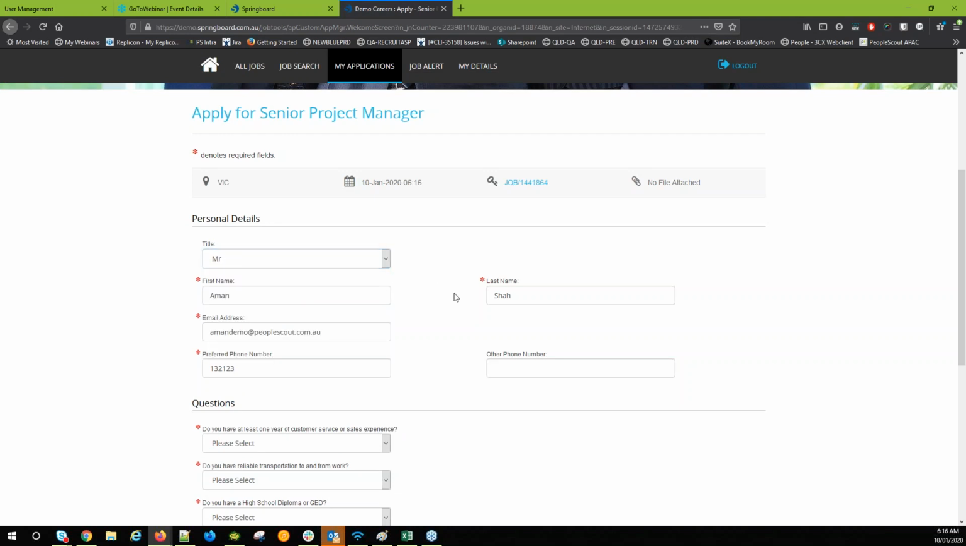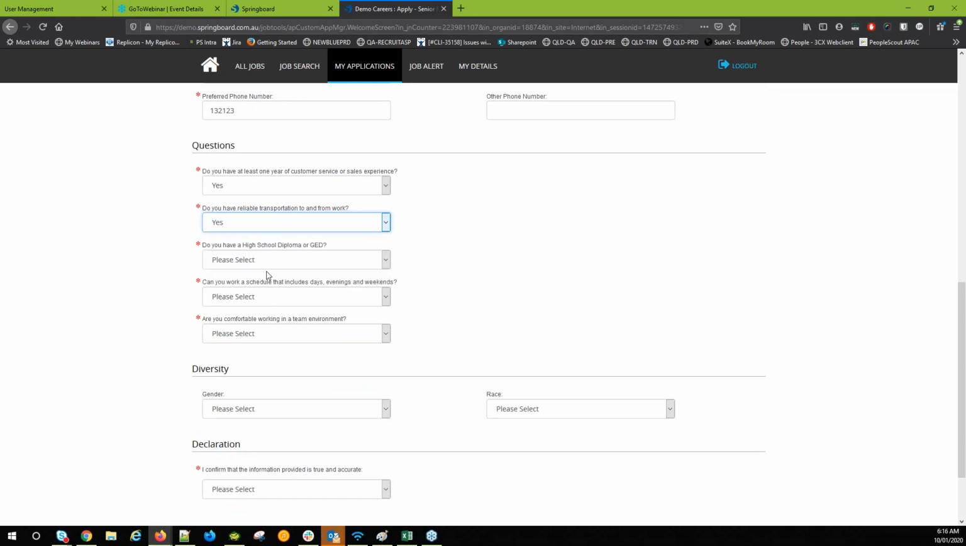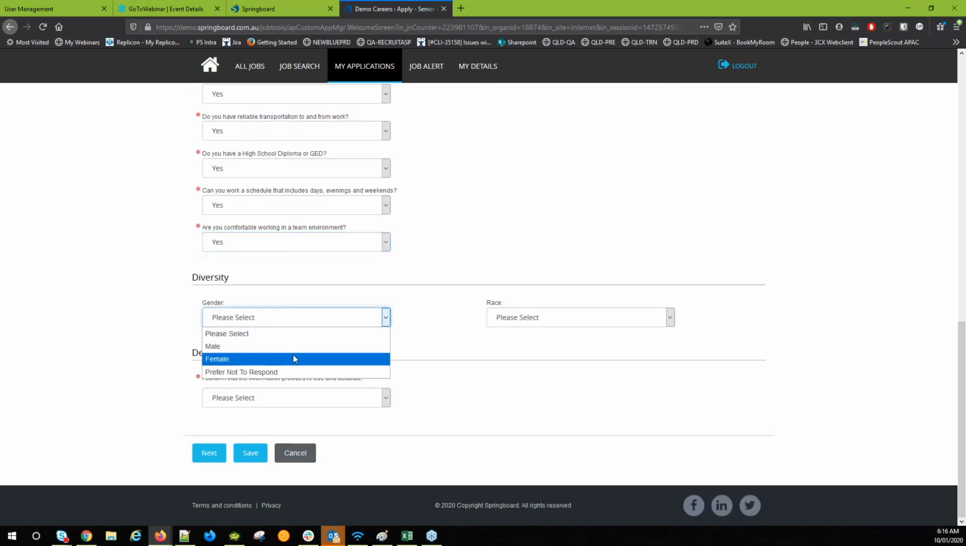That application form can be customized as needed. There will be some mandatory questions which we need for the system. However, all the remaining questions can be customized as per the client requirement. Just quickly select